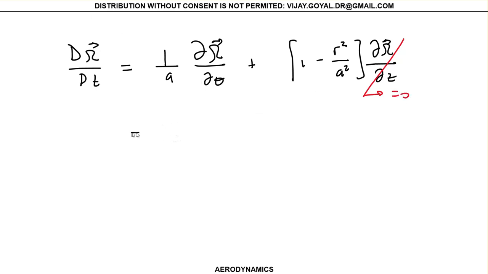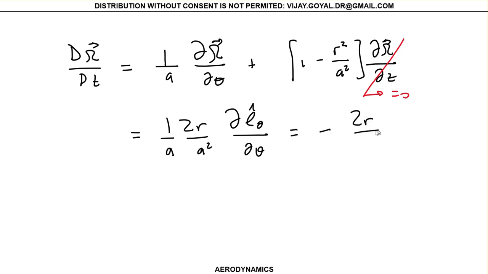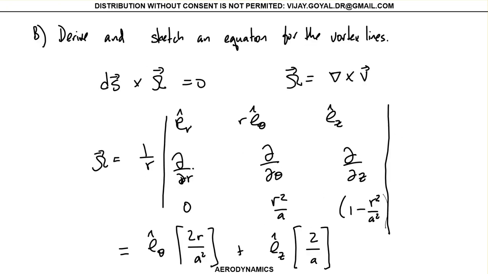And this term gives you 1 over a 2r a squared partial of e z with respect to theta. This gives you minus 2r a cubed er. Remember, you have to take into consideration when you do this that you have a theta term here. Okay, so